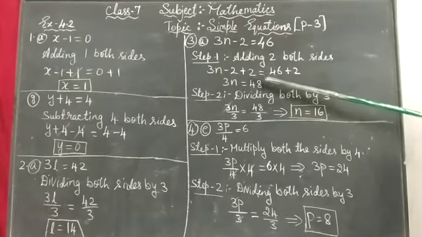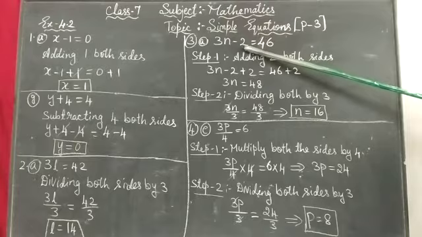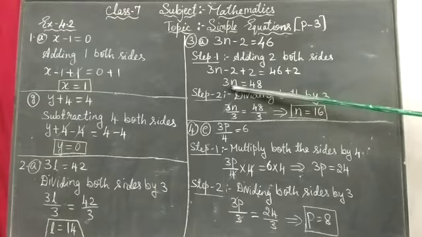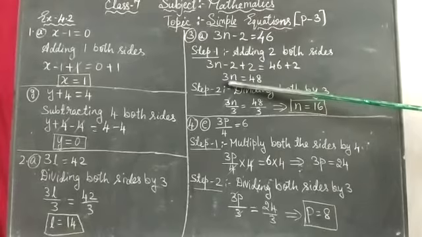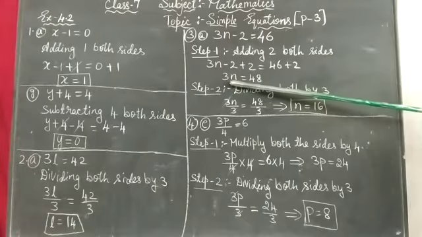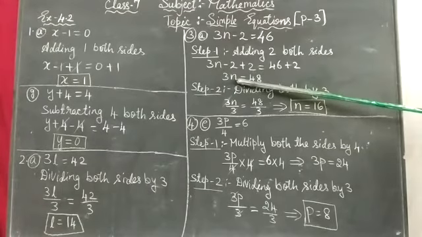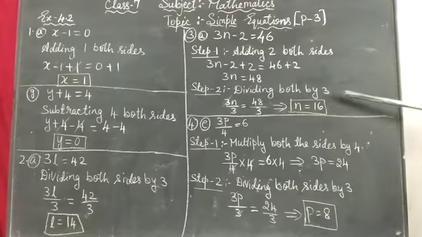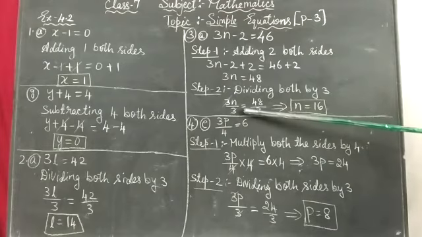Clear? What did I do? I removed the first constant from the variable. So what is remaining now? One more constant is remaining, so that I can find the value of the variable. If I remove this 3, then I'll get the value of n. How to remove this? 3 is multiplied with the n. Yes or no? So how to do? What is the opposite of multiplication? Division, right? Dividing by 3. If I divide both sides by 3, that is 3n by 3 is equal to 48 by 3.